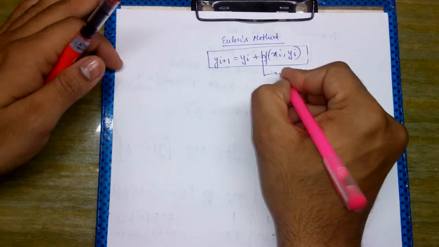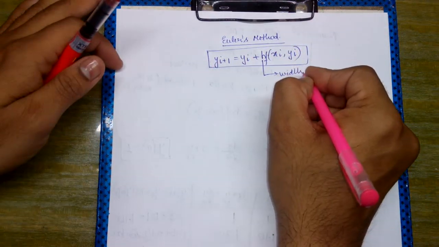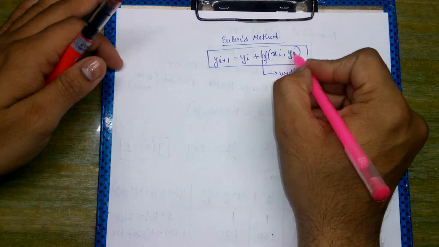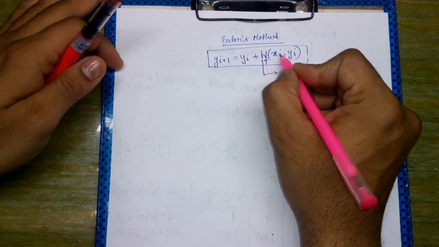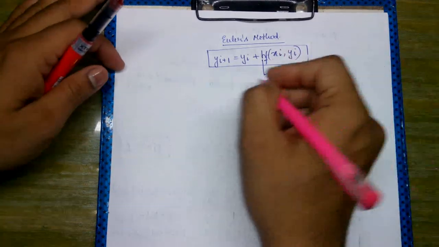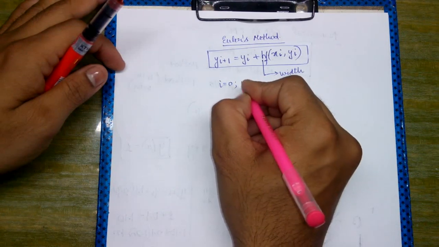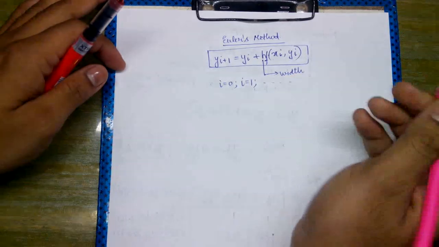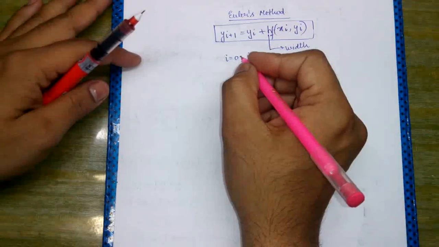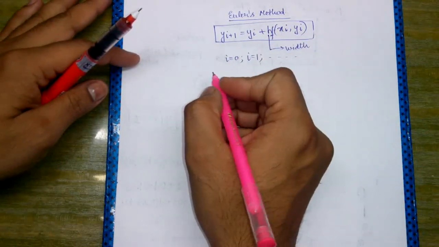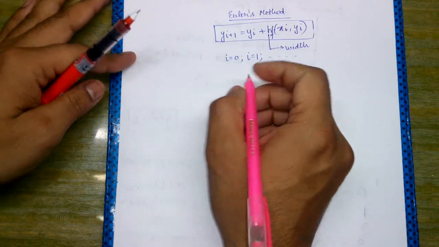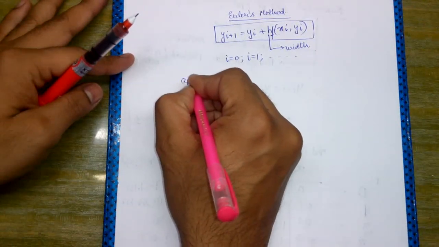Now here h is the width that we are considering, and f of x i, y i is the value of the function at the initial value of x and y. Now we will start our iteration with i equals 0, then i equals 1, and so on. So we were solving a question where we need to find out the approximate value of y,